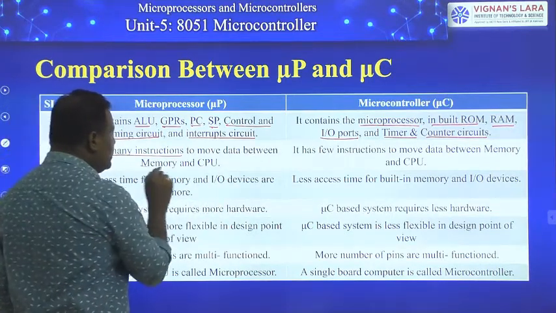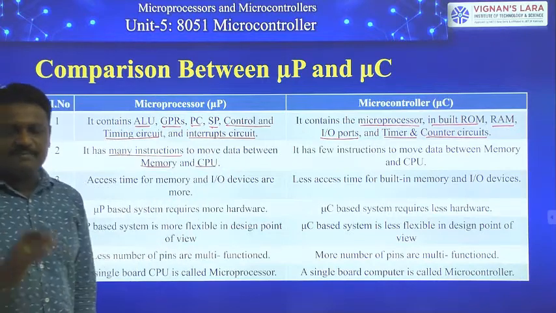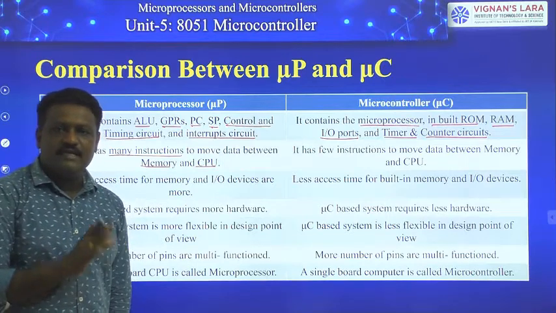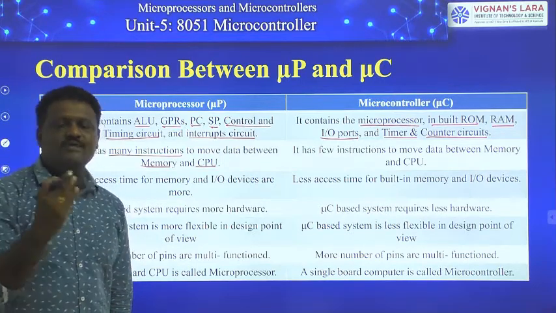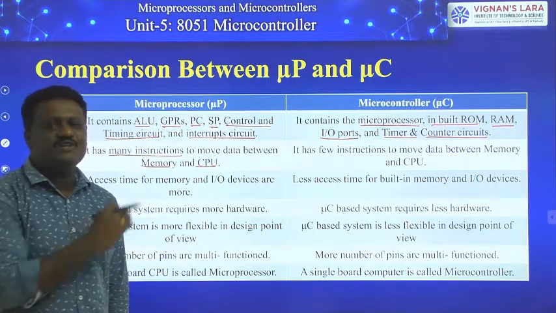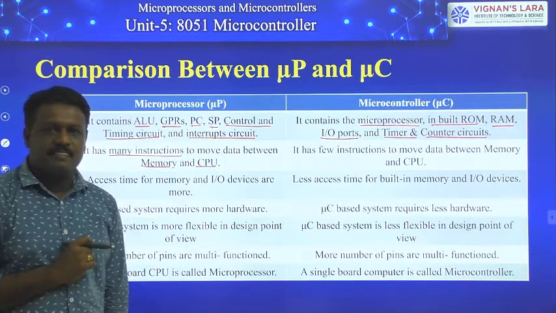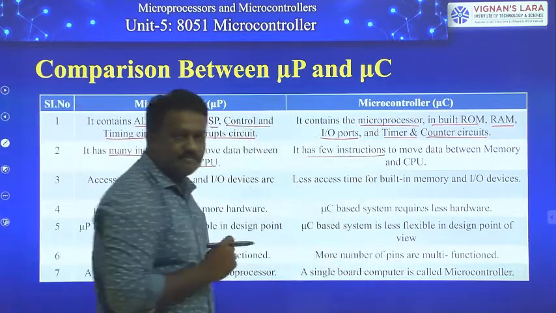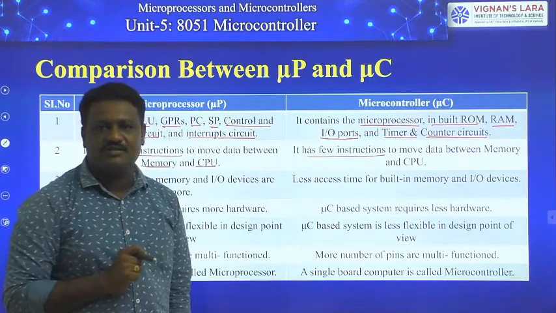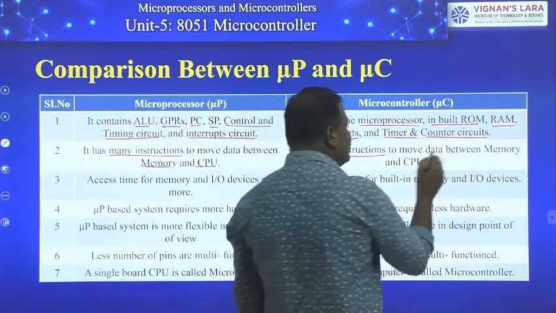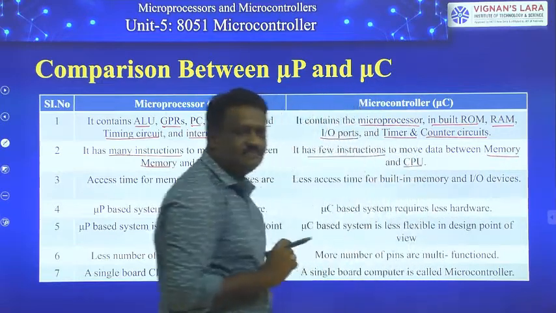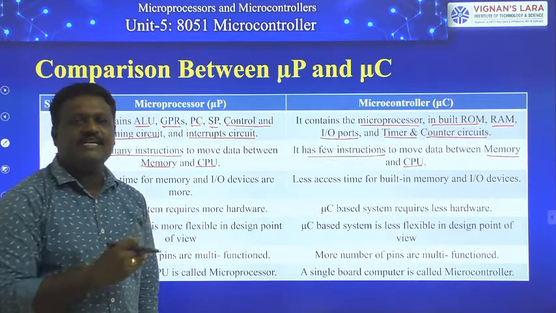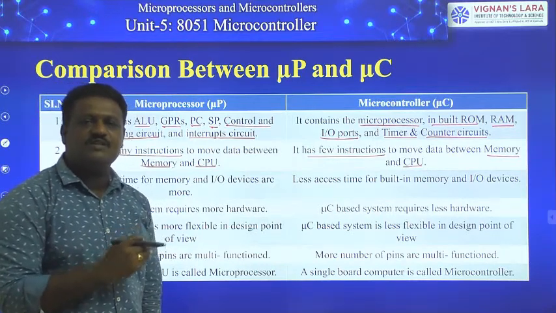between memory and CPU. That means to do data transactions between our processor and the memory, the processor instruction set has more number of instructions. But the case of the controller is completely different, friends. If you see this point, it has a few instructions. That means it has fewer instructions to do a data transfer between memory and CPU. But your processor has more instructions for data transferring between the processor, that is the CPU, and